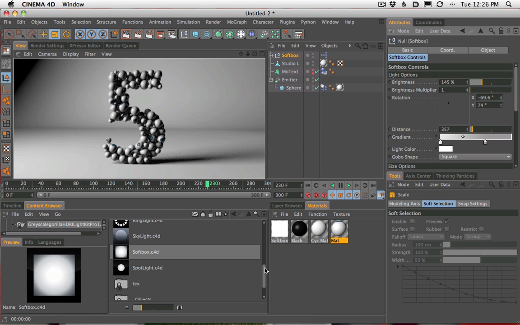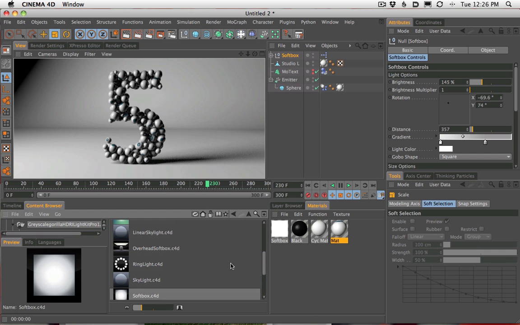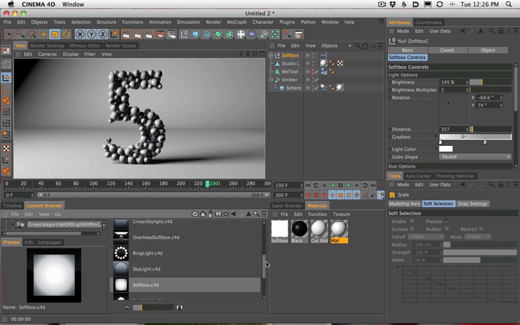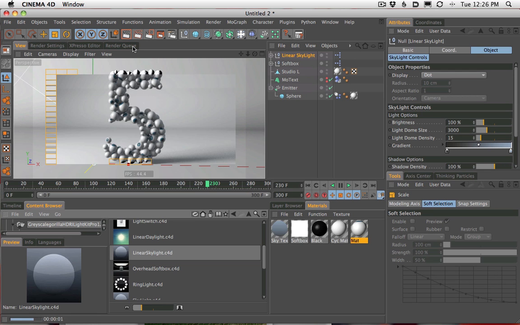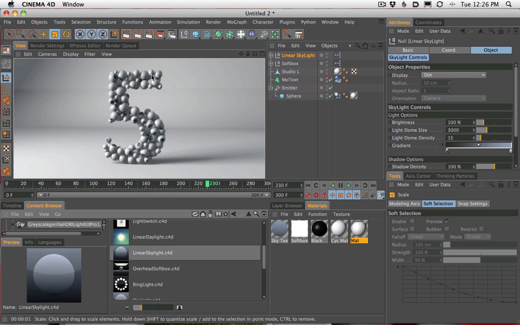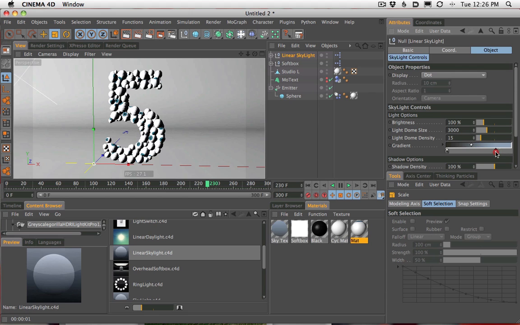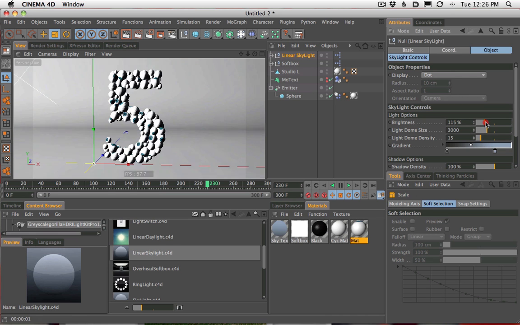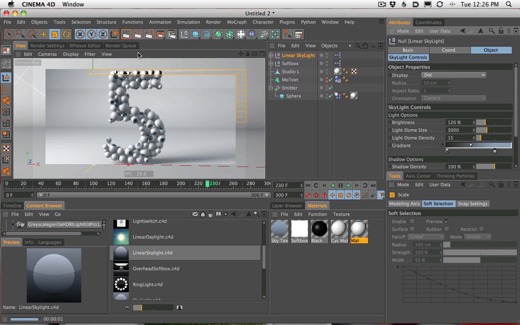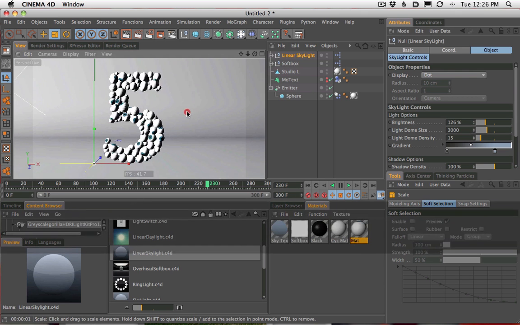So what I built as part of the Lightkit Pro is a sky dome, and we're going to use the linear skylight and add that to the scene and hit render. And you can see already, just with the skylight, we're filling in a lot of the details, we're filling in the shadows, and we're making it a brighter scene overall. In fact, it's got this blue tint by default that's going to work really well for this scene. So already, what we could probably do is turn up the linear skylight a little bit and make that fill a little bit brighter. That's looking pretty good.